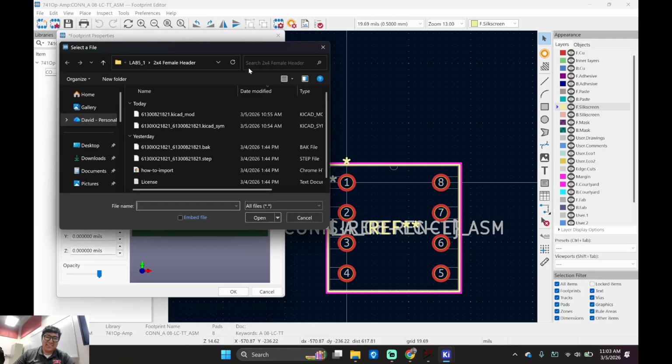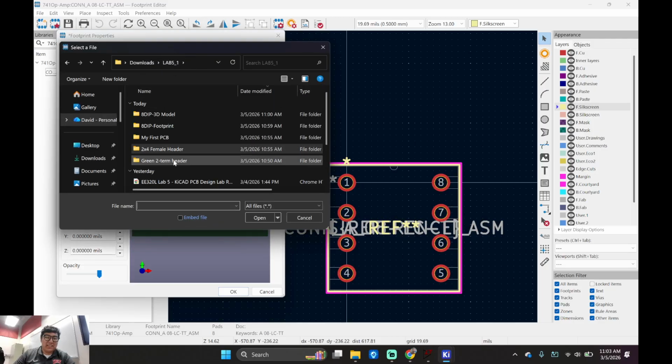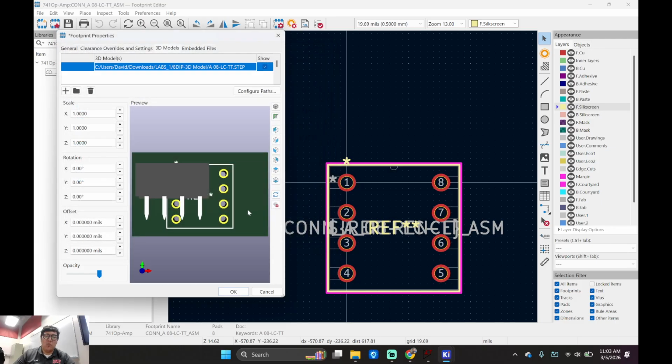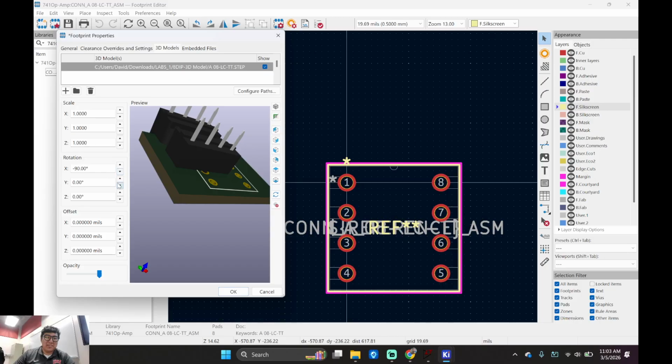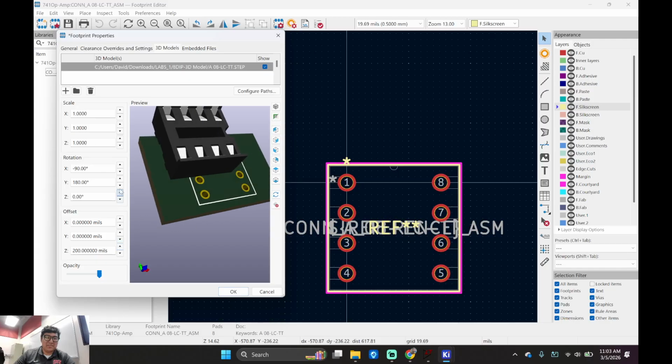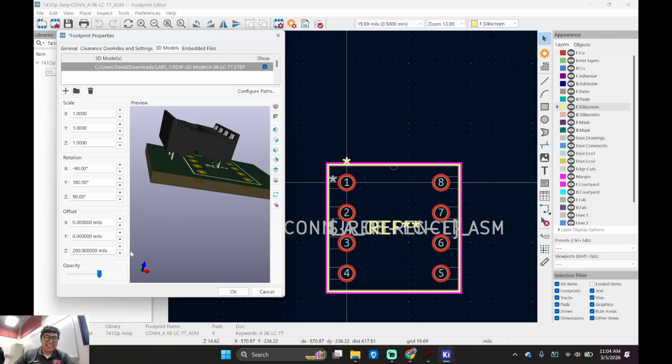Plus this. Let's go find that 3D model, right? Double click, step, boom. Does that look good? What was the magic numbers? I forget. This. No, that's upside down. This. Raise it up. No, it's flipped. There you go. I found it.